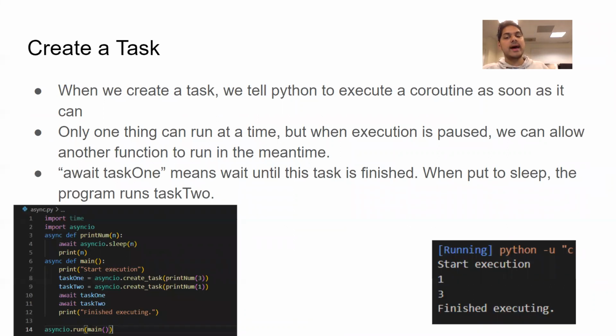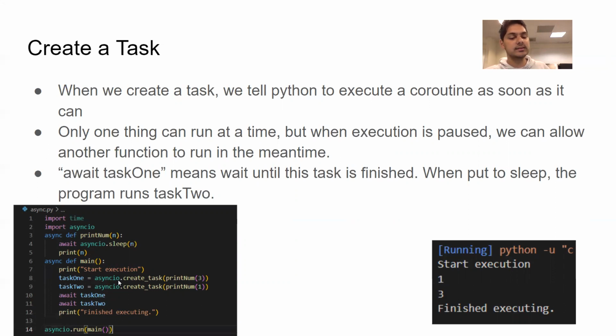When we create a task, we tell Python to execute a coroutine as soon as it can, but only one thing can run at a time. So when execution pauses, we can allow another function to run in the meantime. Await task 1 means wait until this task is finished. Right here in main, we have task 1, and we say asyncio.create_task.